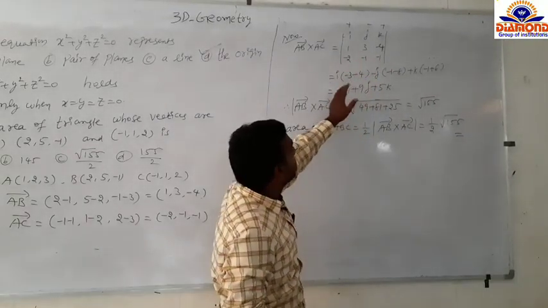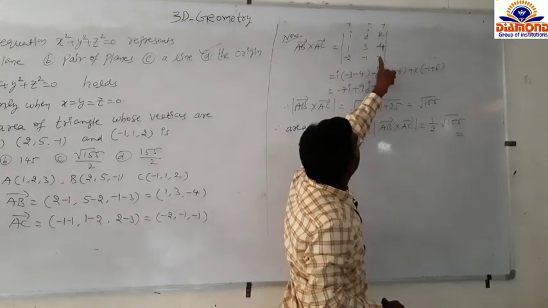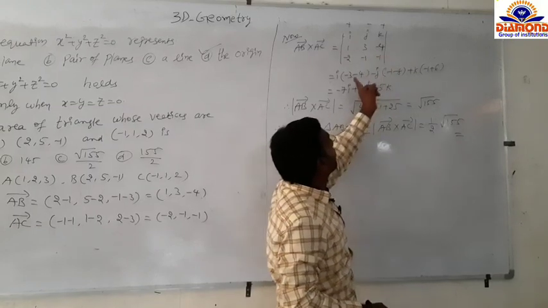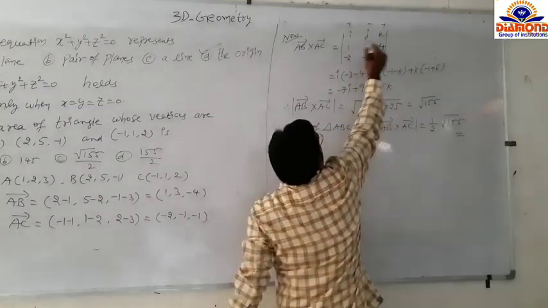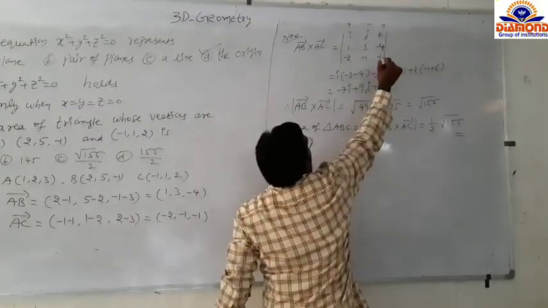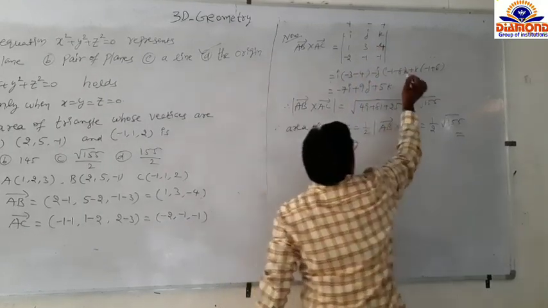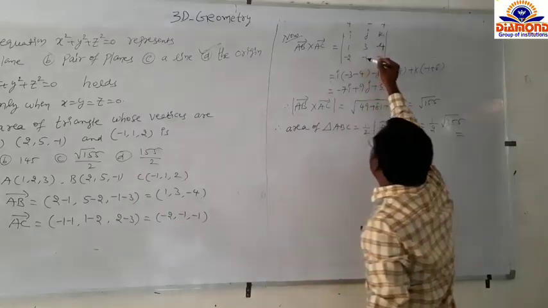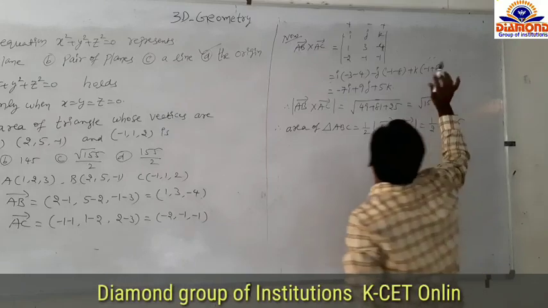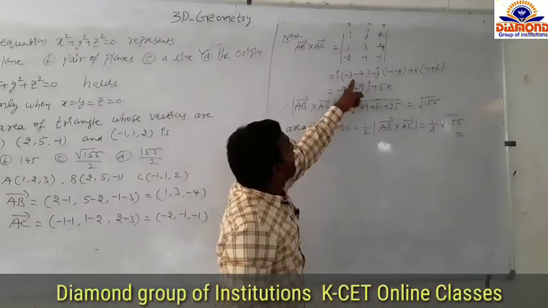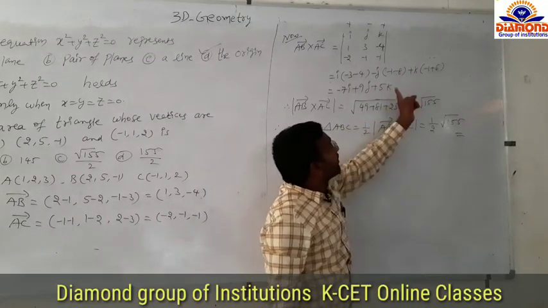Calculate this determinant value. So, I into the I minor is 3 into minus 1, minus 3, minus of minus 1 into minus 4, which is plus 4. So, you get minus 3 minus 4. Minus J into 1 into minus 1 minus 1 minus minus 2 into minus 4, which is 8. So minus 8 plus K into 1 into minus 1 minus 1 minus minus 2 into 3, which is minus 6, minus or rather plus 6. So this value is minus 7i plus 9j plus 5k.